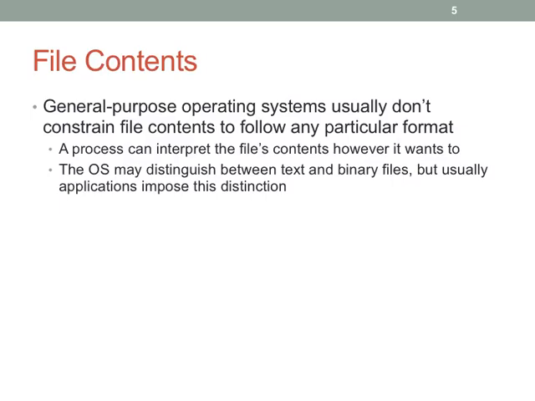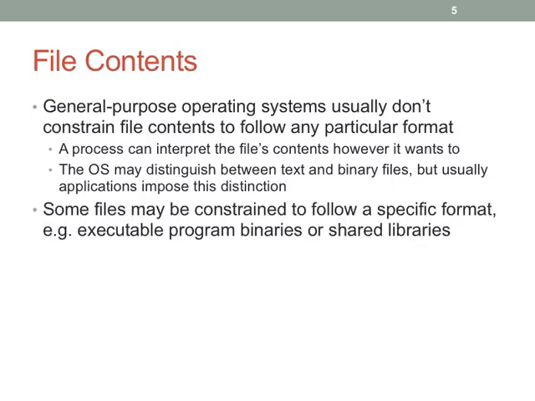You may see some characters that look like text, but then you'll see a lot of other characters that just look like binary data. And it's because we have so many character sets now that we want to be able to support. So OSs are moving away, and have been for years, from this distinction between text files and binary files. Okay? You do sometimes have situations where the OS imposes formatting constraints, like your program binaries are a really obvious one.